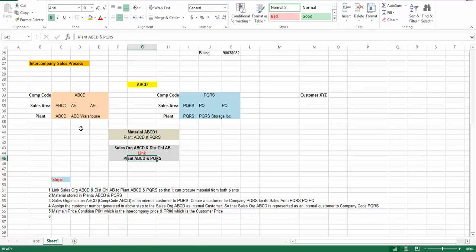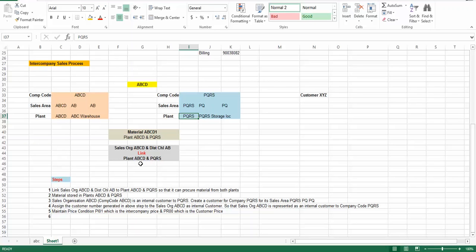Okay, why ABCD? Because it generally procures from ABCD, that is the default plant for them. But if in case there is no stock in ABCD, they should also have the option of procuring it from another company code's plant, that is PQRS. Okay, so that's why the second link, linking sales org ABCD, distribution channel AB with PQRS, is an important link. Okay, this is very much necessary whenever you